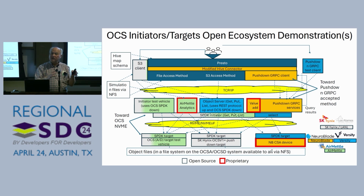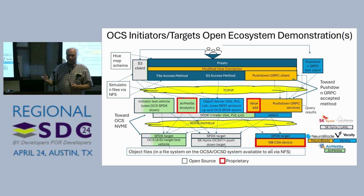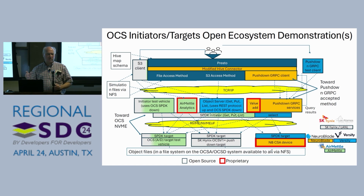So it gets stuffed into this Substrait format, and it gets written down through RPC to a daemon running on the object server. So it doesn't go through the object path. You can do selects in object, but it's crappy. You can only do one predicate. It's barely usable. This is a full-blown thing, so anything that Presto could do can turn into Substrait. Substrait would write the stuff down through this RPC client to an RPC server. The RPC server unscrews